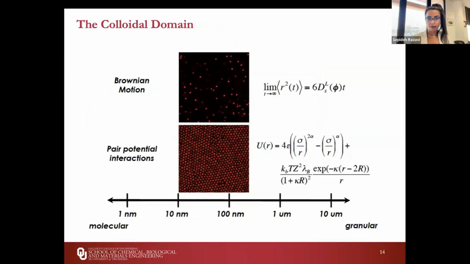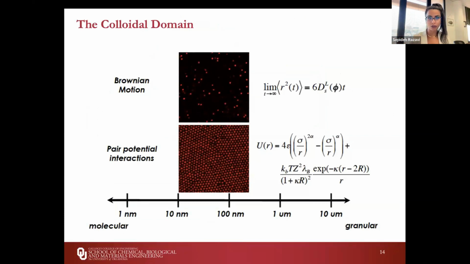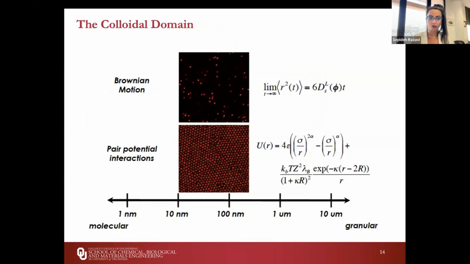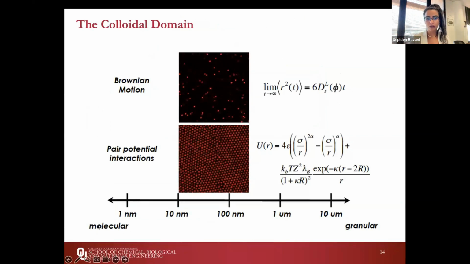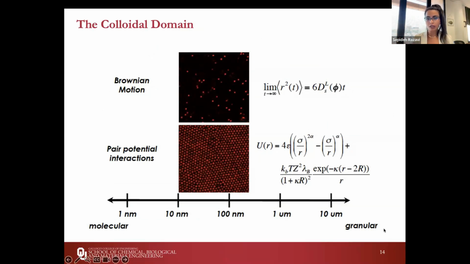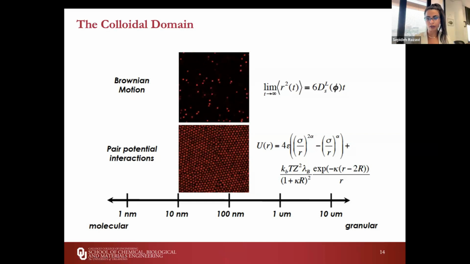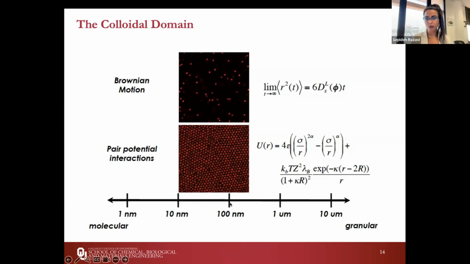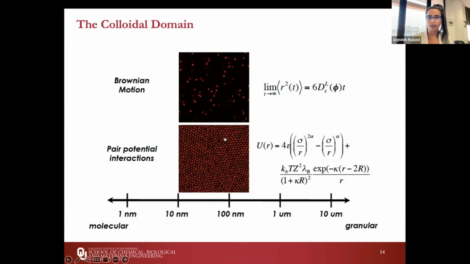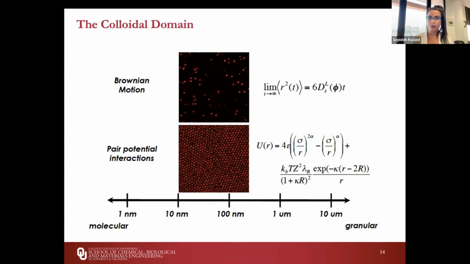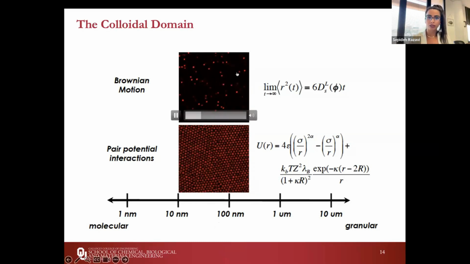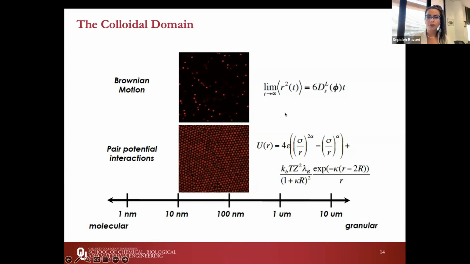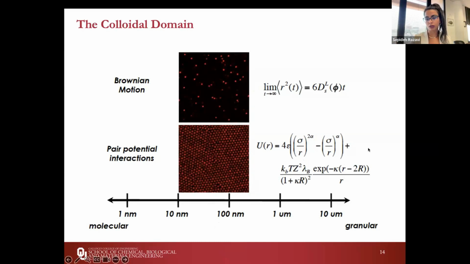Okay, so again, if you're mainly working with surfactants, I'm going to just give you a range of this colloidal domain of particles we work with. So they're definitely bigger than the molecules, and they're smaller than granular matter. You can think about the sand at the beach for the granule size. And we work with particles that are tens of nanometer up to a few micron. And the important features of colloidal particles is their Brownian motion first, which is basically bombardment of these colloids by the molecules of the solvent that lead to this random motion of the particles, and also their arrangement and self-assembly as the interaction potential is going to be altered.